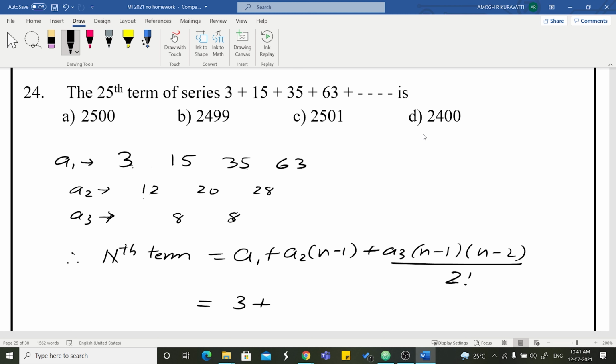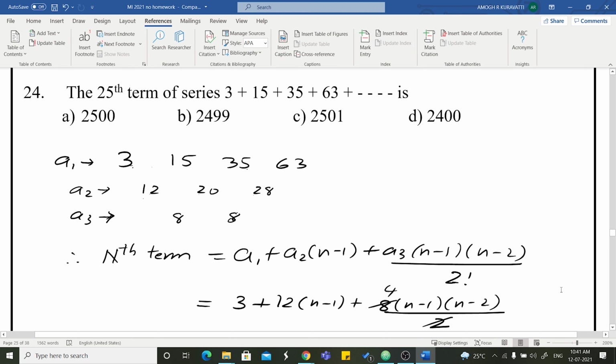A1 value is 3, the first number. A2, the second number, is 12 into n minus 1. Third number A3 is 8 into n minus 1, n minus 2 by 2 factorial, which is nothing but 2 ones are 2, fours. Now the question is